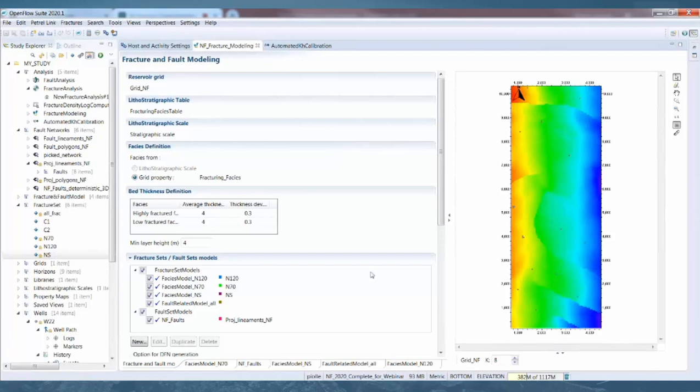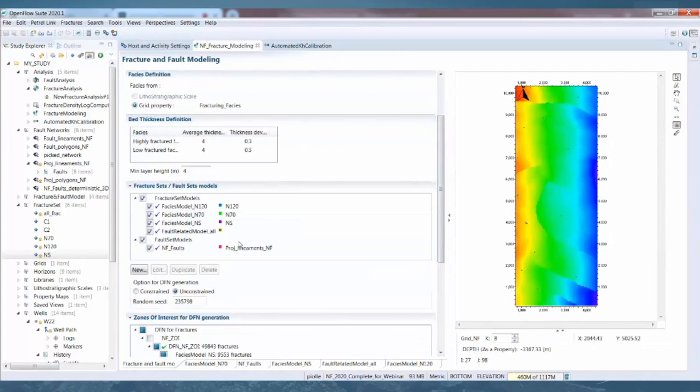So here, this is the fracture modeling interface. In this window, we will create all the fracture families. And when I say fracture families, this is diffuse fracture families, fault families, and so on. We've seen that we have 3 diffuse fractures whose density depends on the facies. So we have 3 facies-based models, 1 per orientation: north 70, north 10, north-south, and north 120. I have a fault set, and I have,